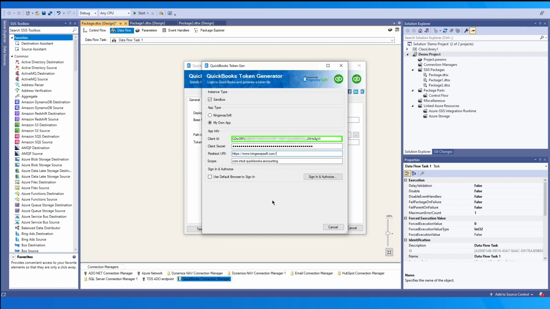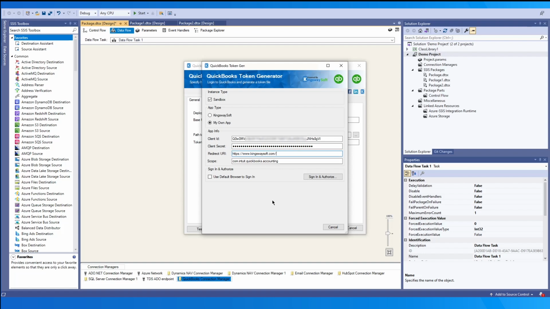The client ID is a unique ID value that identifies the app making the request. Within the developer portal, within the app, you may find this under the keys and OAuth section, and the client secret may be found and generated here as well. For the client secret, this would be the client secret associated to the app. A new client secret may also be generated in the same section, as if you leave the page, the field will be masked. For the redirect URI, you can specify the redirect URI that you have assigned to your app.